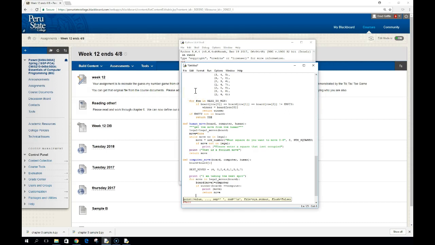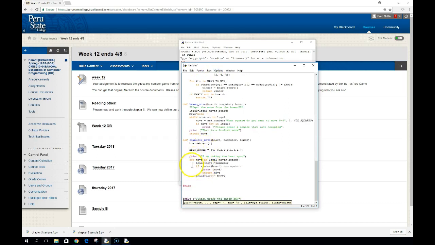If none of those work, then we're going to have to wipe out all the moves we did and start over again. In other words, this line takes that move we just attempted and reverses it. So it's like an undo. This part says this is how we're going to create a winning scenario. Well, the other piece